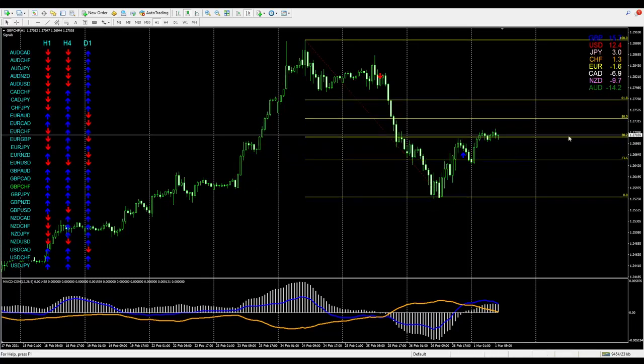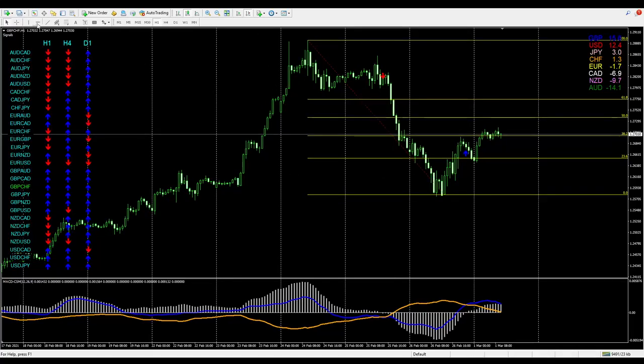As we can see, it is below 38.2, 50 Fibonacci. Actually, as you can see, I don't have any trades here on GBP CHF because this is just a demo account that I'm showing you, just for the chart to be a lot cleaner. However, on your live account, you could already enter a buy here on GBP CHF. If you are late on the signal, which is around here at 1.26765,